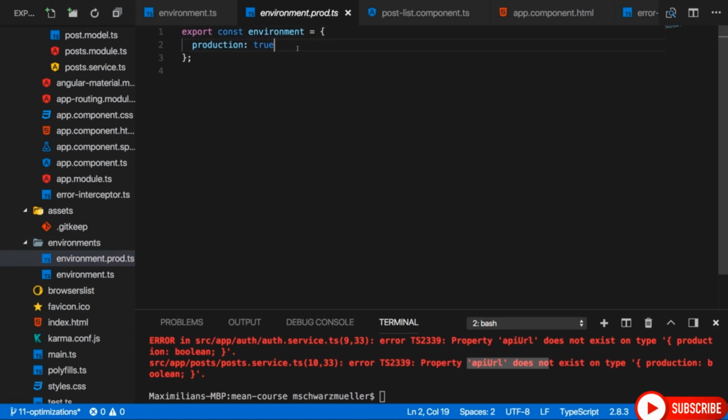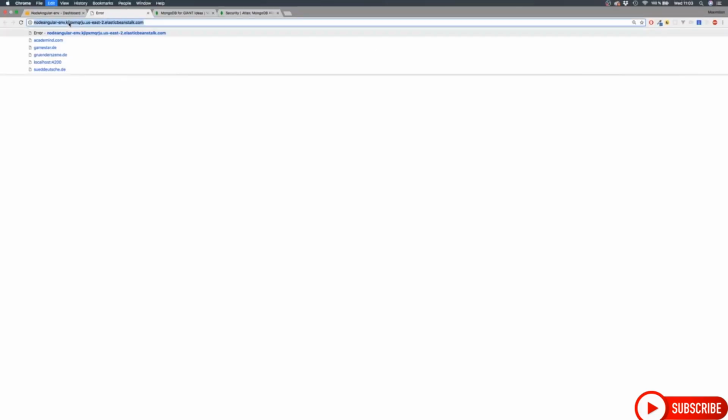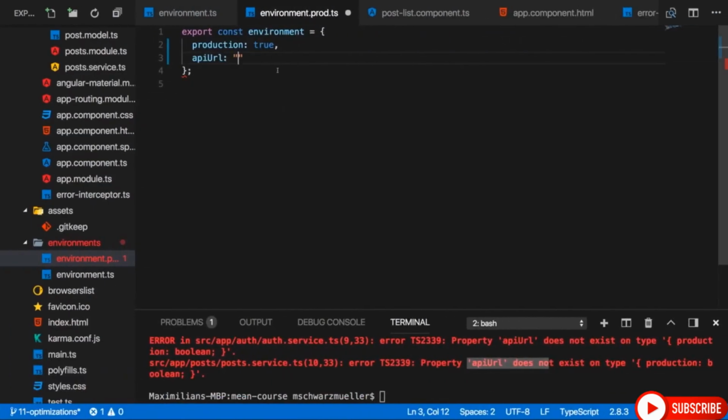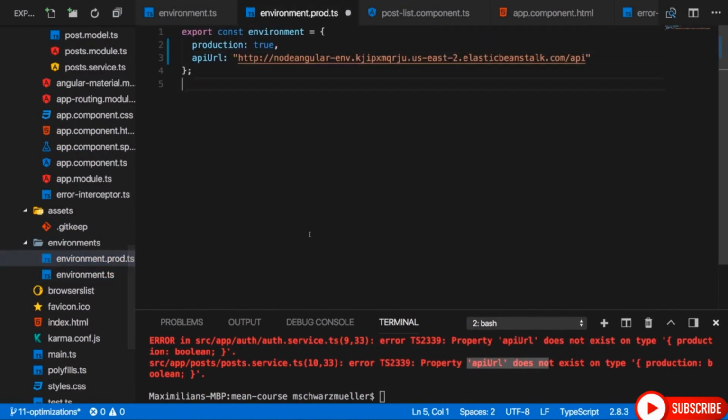So let's add the API URL to the environment.prod file, which is the file getting used when you're building for production. But let's set the URL to the URL we have here on our dashboard. So this URL we're visiting here, you can copy that. This is the URL of our running API. Store it here, and don't forget to add /api after it, just as you did it here for